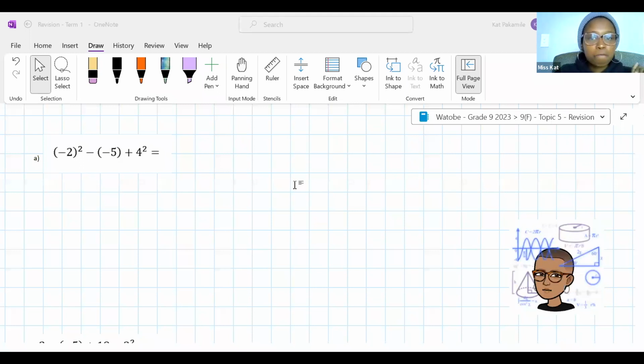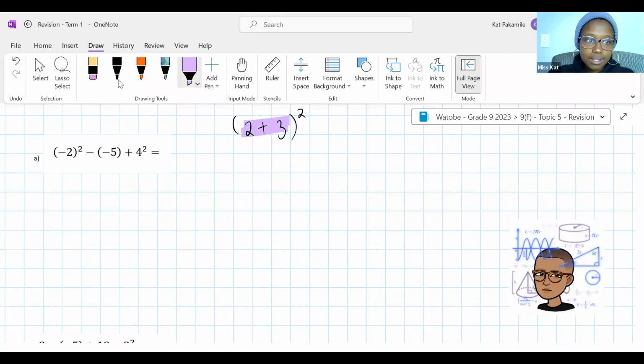Okay, guys. We have brackets, okay? But here's the trick, guys. Is there anything you can do inside these brackets? Remember I said brackets are if you have anything to work out inside. So do not be confused. Remember, if I have a 2 plus 3 with a squared outside, brackets means first add these in the inside, and then you can square because exponents is after brackets.